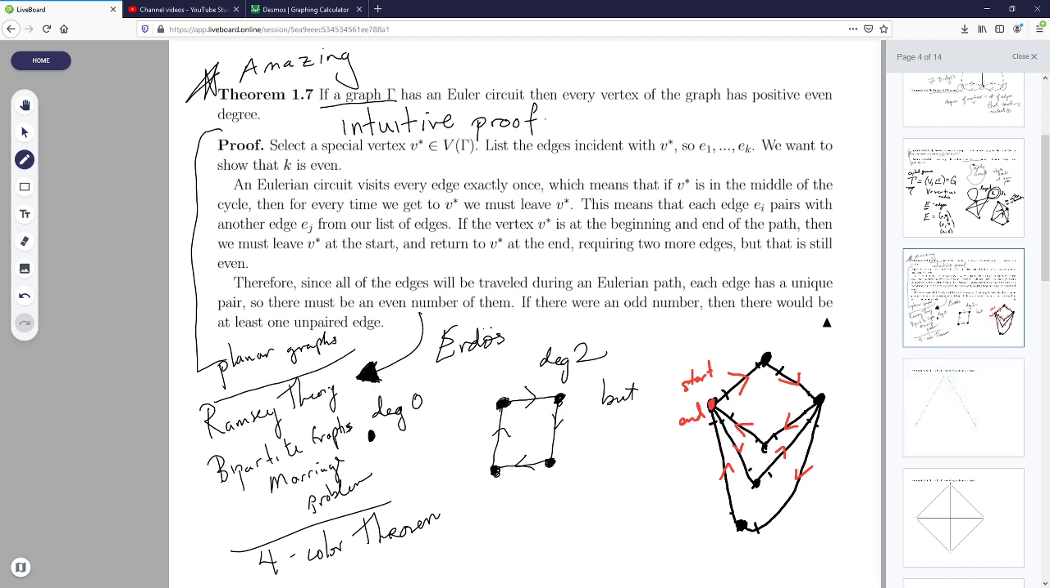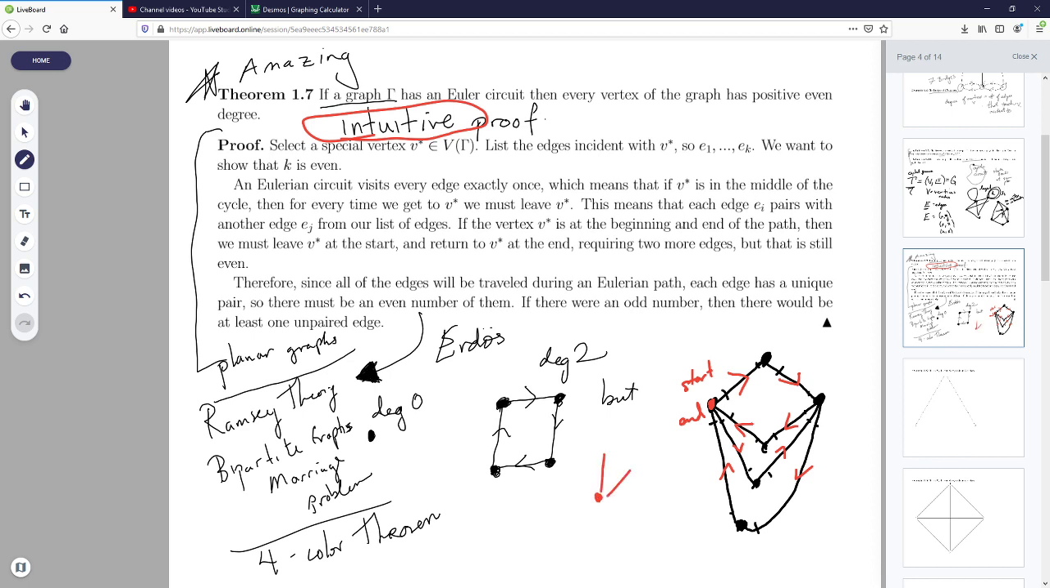Okay. So anyway, this is an Euler circuit. The requirement is that a graph has an Euler circuit if every vertex has positive even degree. If you remember, the proof was pretty intuitive. Well, I should just read what I have right here. It was intuitive because whenever you're at a vertex,